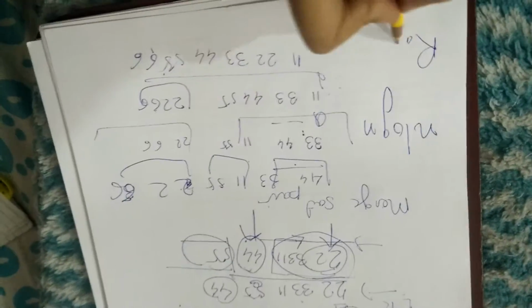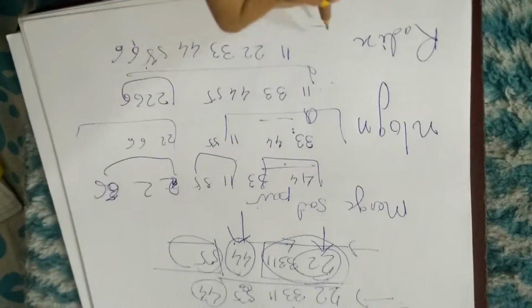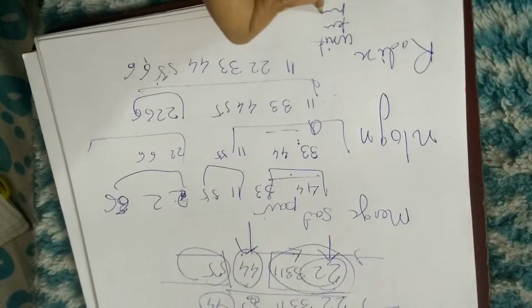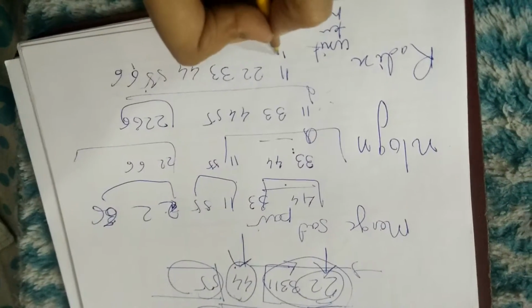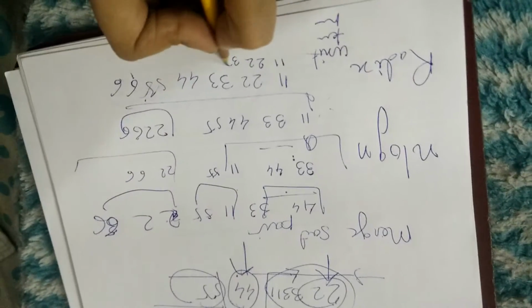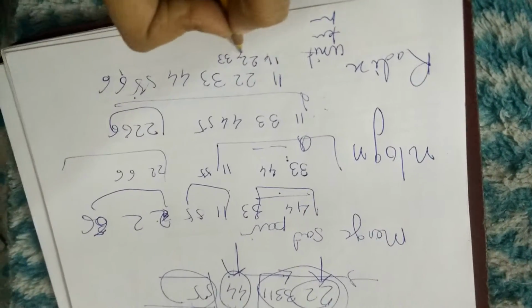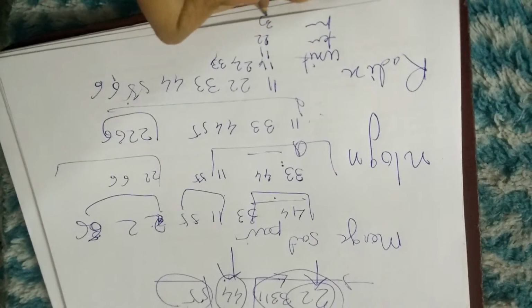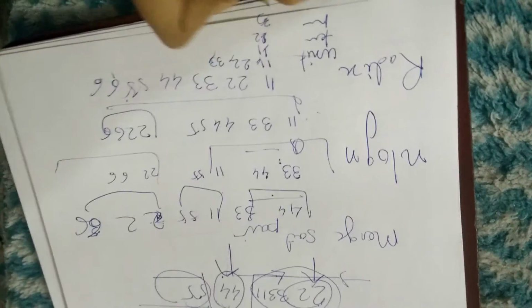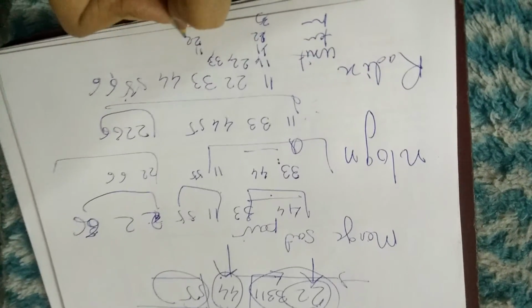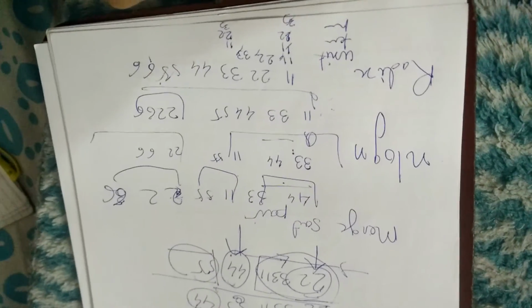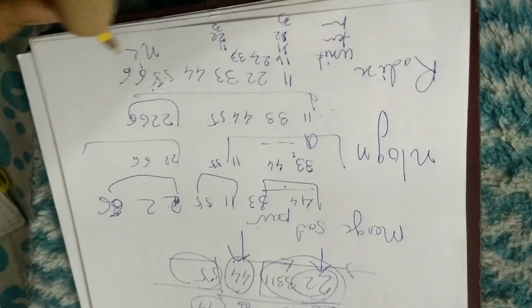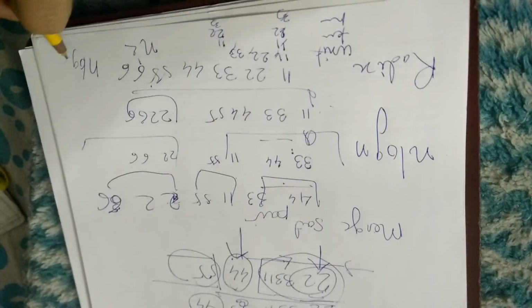The last one is our radix sort. The radix sort is based on the unit place, tens place and hundreds place method. For example, if I am having 11, 22 and 30. On the basis of unit place, it will be sorted as 11, 22 and 30. Then in the next iteration, the tens place value will be taken and it will be again sorted as 11, 22 and 30. The worst case complexity of radix sort is order of n square and the average case is n log n.